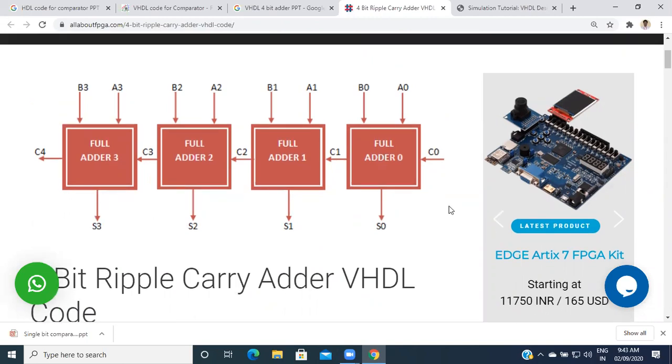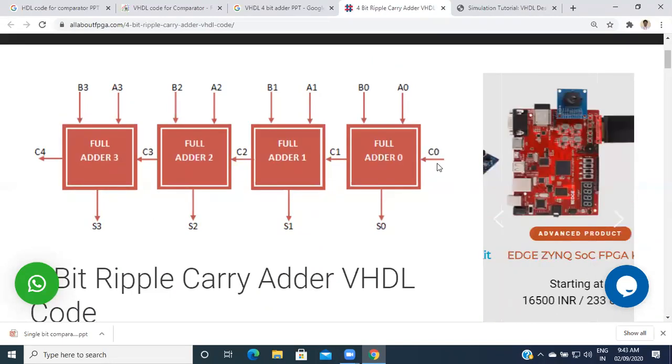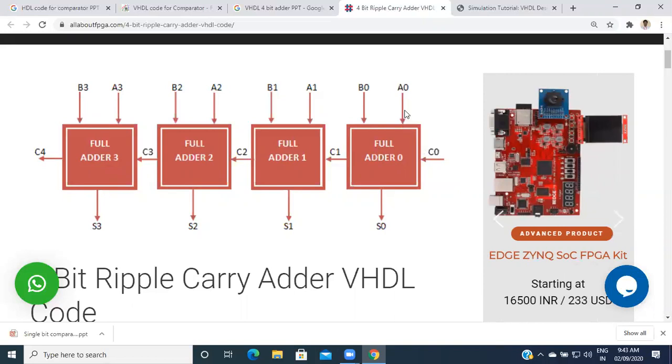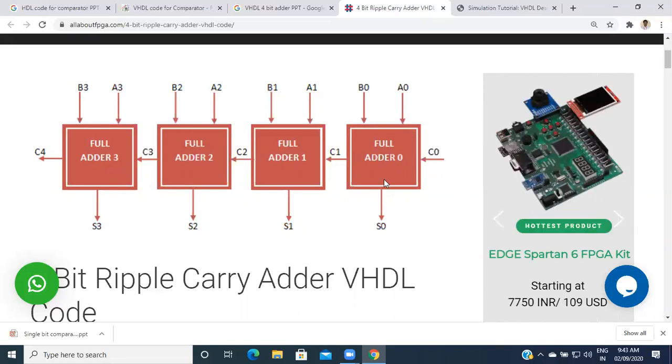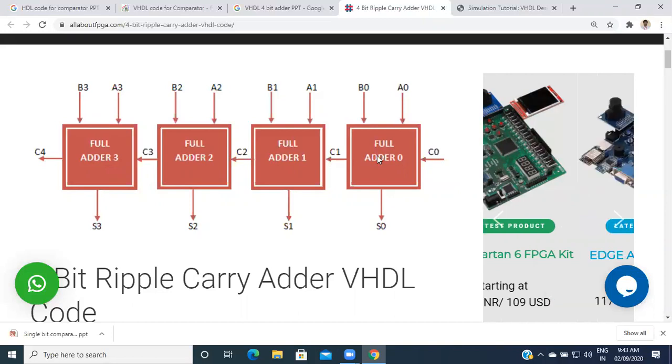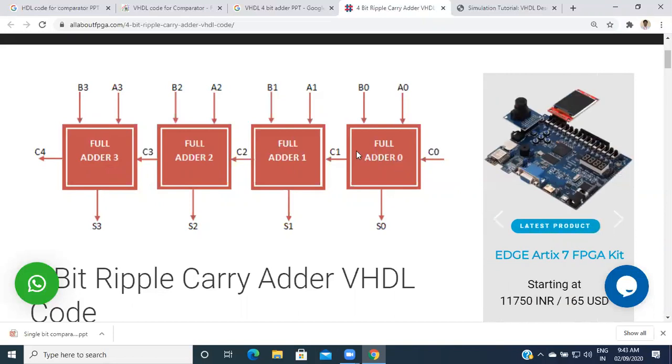That is the diagram. In that one, the bits are A0, B0, C0, that is nothing but the carry bit. But previously we considered carry as 0. But after that, when we add these bits, the carry passes towards the next one. If full adder 0 generates a carry, this carry is applied to full adder 1.